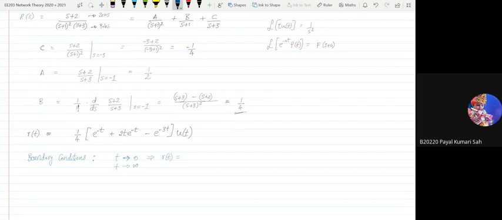At time t equals 0, 1 by 2. At time t equal to 0, you have 1 plus... at t equal to 0, this term will vanish. So you have 1 and minus 1, right? So it is 0 only. How are you getting 1 by 2? Sorry, sir, I could not see the t multiplied. No problem. So it is 0.